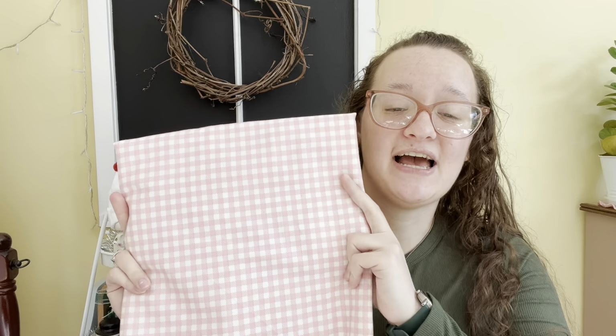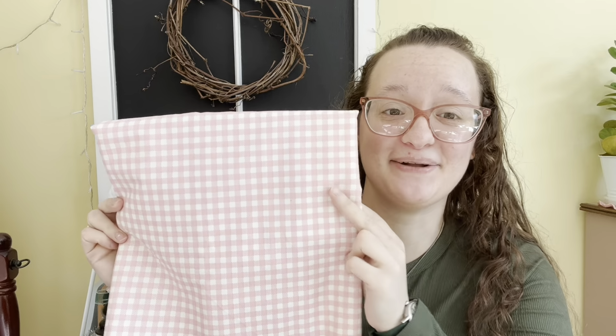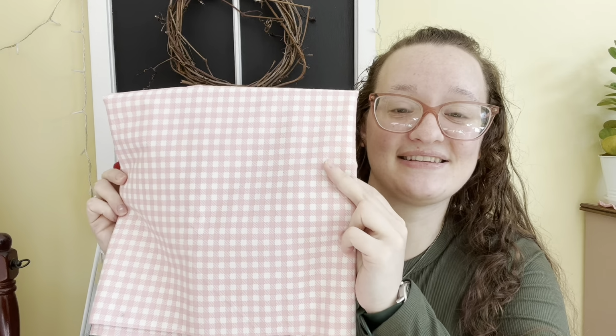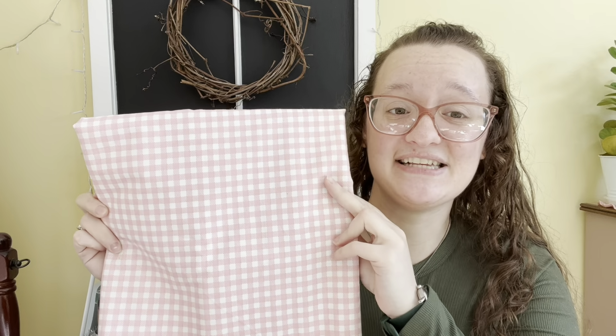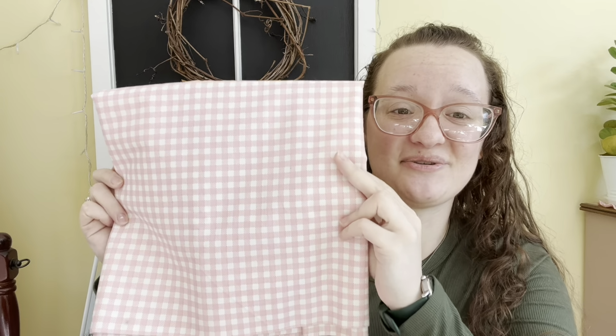Next, we have the rest of my haul. I needed to buy fabric for the Easter new release that I told you about. That's going to be coming at the end of the month or the beginning of next month. I had to get some fabric for backing pieces, and I ordered this from Joann's. Rip Joann's because they're going out of business. But this is really good fabric and I really liked it. And it matches perfectly. The pink is a perfect match to the color that I chose,